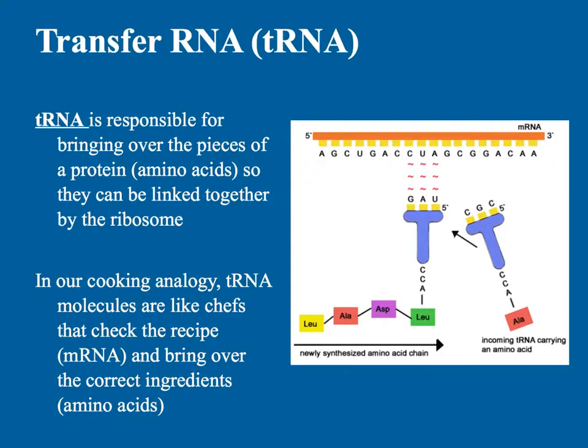Transfer RNA is going to basically bring over an amino acid that corresponds to a segment of the messenger RNA. So if you look here, you'll see that the CUA is on the messenger RNA. And what bonds with C? G bonds with C. What bonds with U? A bonds with U. So you'll notice that these match up to that segment of messenger RNA, and that corresponds